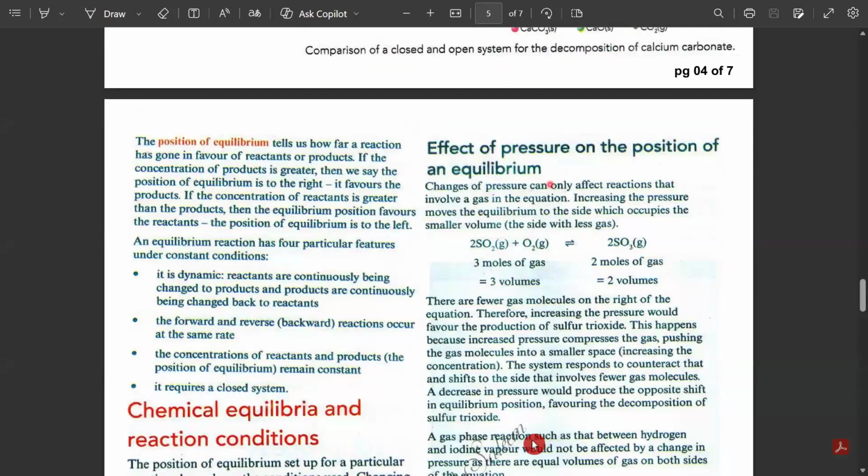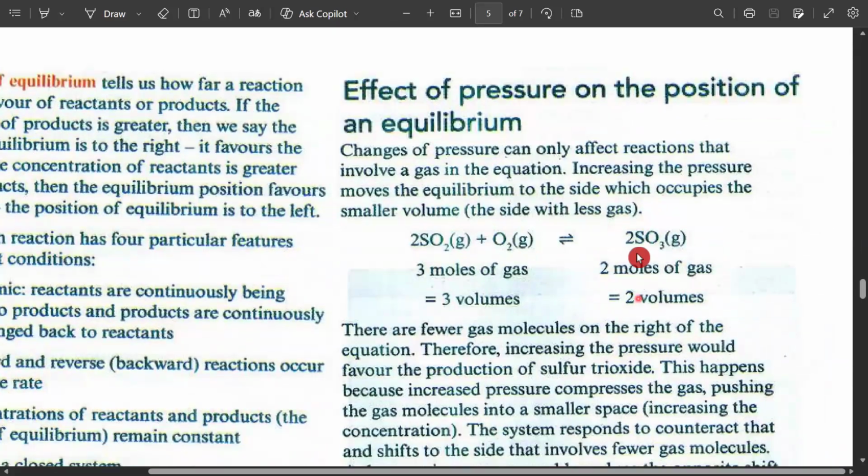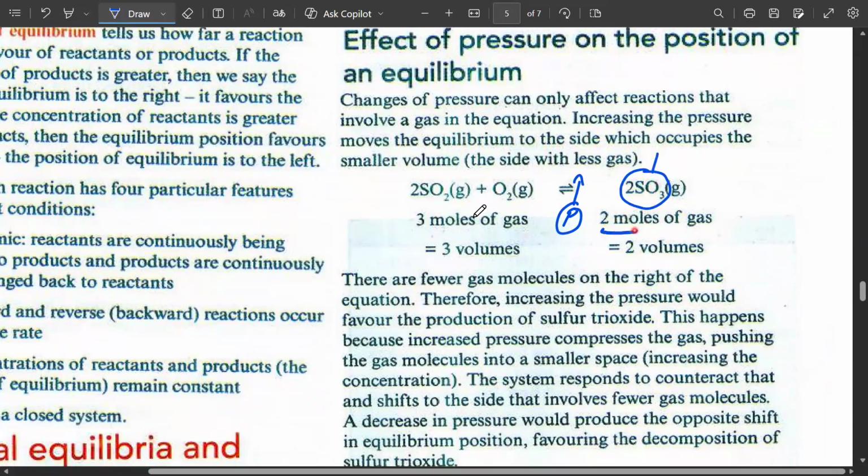For example, here there were 3 moles on the reactant side and 2 moles in the gas state. So by increasing the pressure, more SO3 will be produced